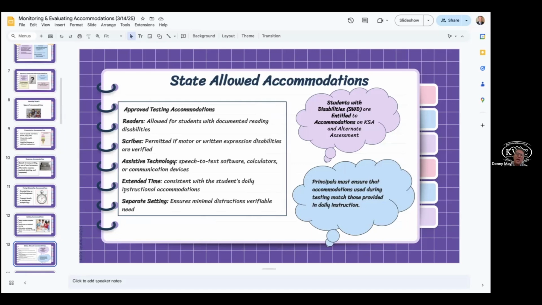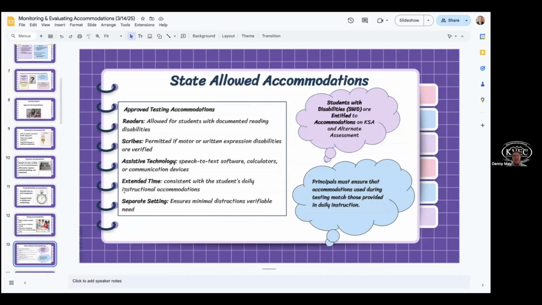However, when you choose state allowed accommodations on the IEP, and you determine that when the student takes the Kentucky summative assessment they're going to have these accommodations, these are the types of accommodations that we're talking about here. So students with disabilities are entitled to these accommodations on the KSA and alternate assessment. And principals must ensure that accommodations used during the testing match those provided in daily instruction.